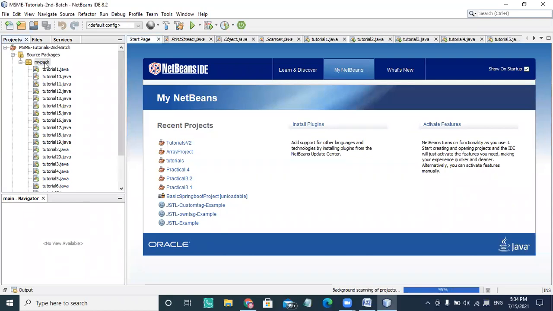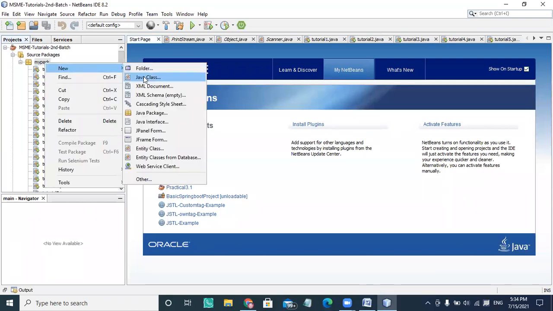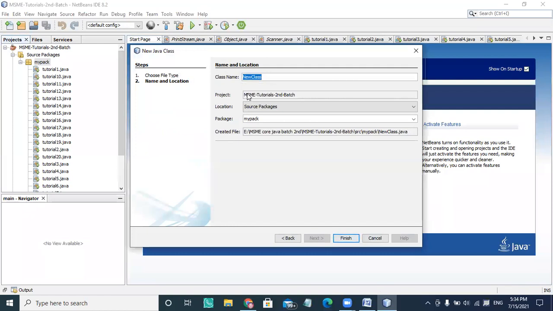So I'm right-clicking and choosing new class, giving the name of that class, tutorial number 21, and clicking on finish.